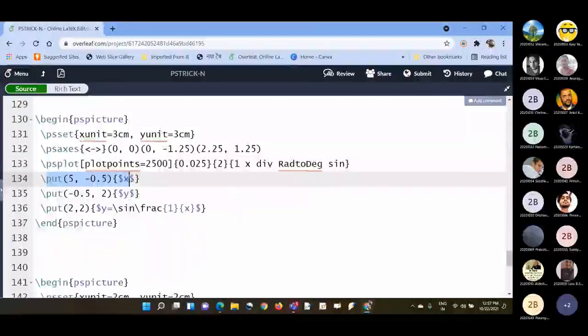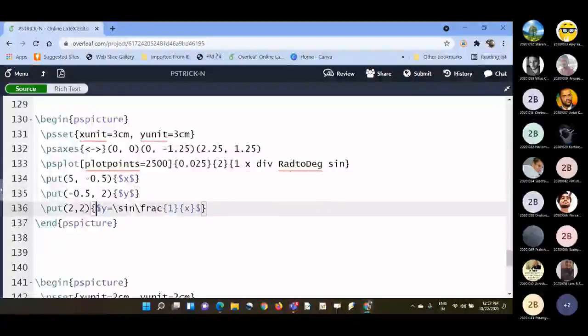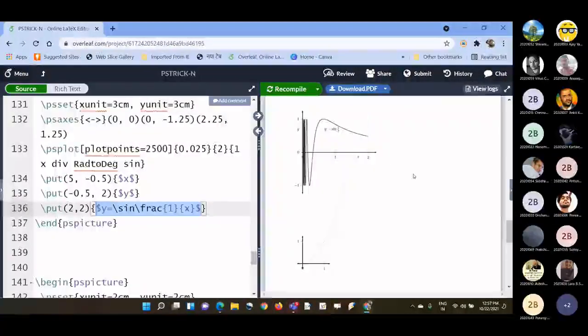Then put where you want to put the symbols x, y, for which function you have plotted the graph. So you can write here like this. There you need to write as you have learned in how to write mathematics in LaTeX.